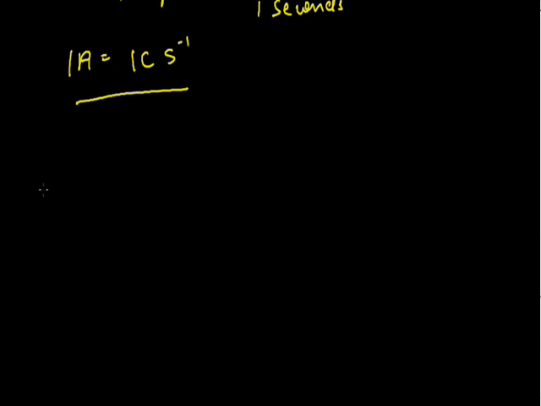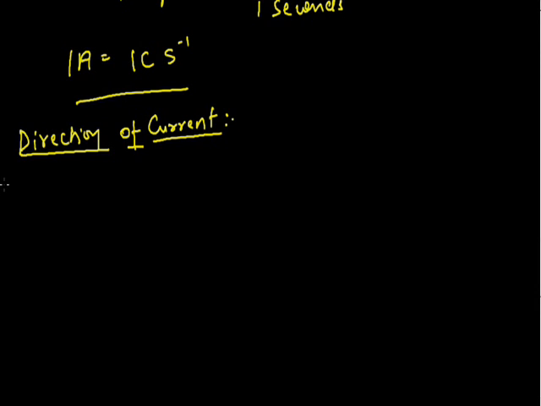Now, what is the direction of current? When electricity was invented a long time back, it was known that there are two types of charges, positive charge and negative charge. But the electron had not been discovered at that time. So electric current was considered to be a flow of positive charge, and the direction of flow of positive charge was taken to be the direction of electric current.